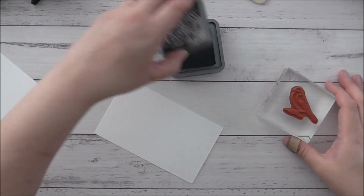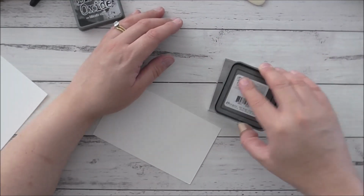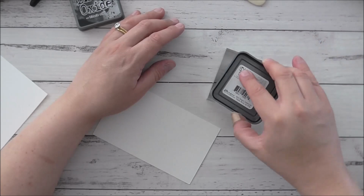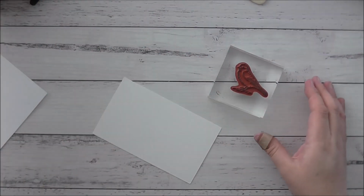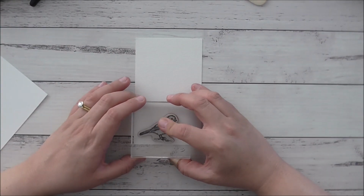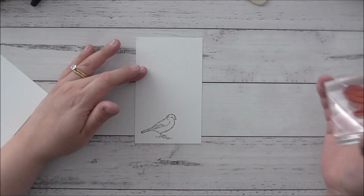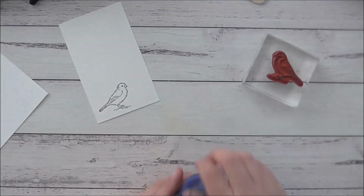Okay, I'm going to get the black soot, and I'm going to ink up the bird in that colour. And because it's a pigment ink, it will remain wet for a little while. And I'm going to now stamp the bird right there. Just hold it down. That's stamped beautifully. Then I'm going to grab my clear embossing powder,